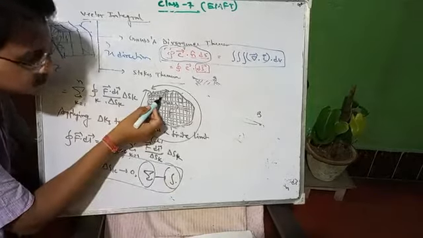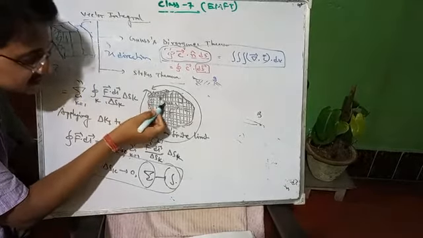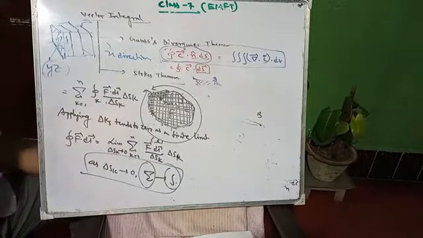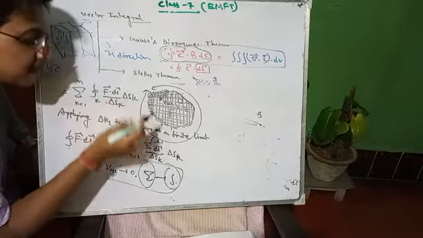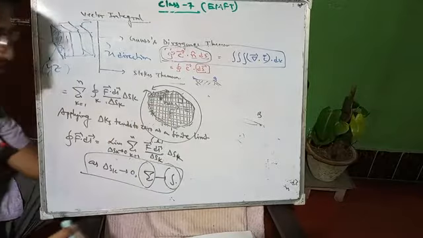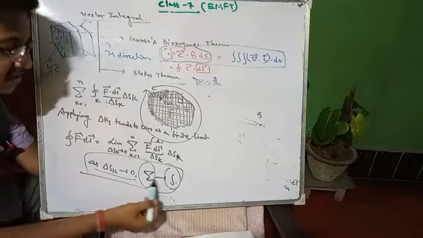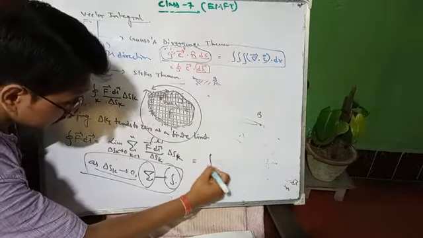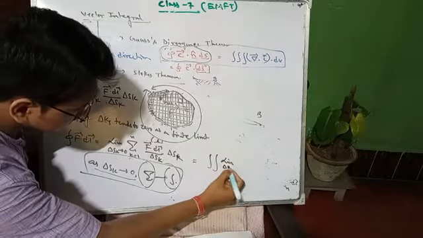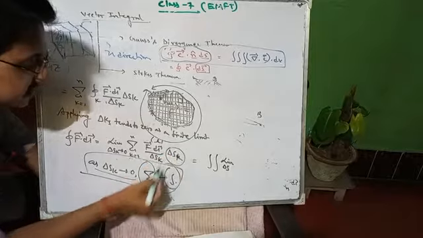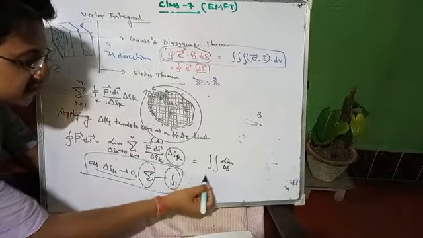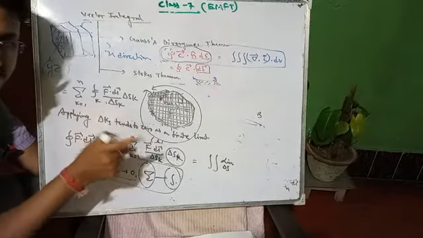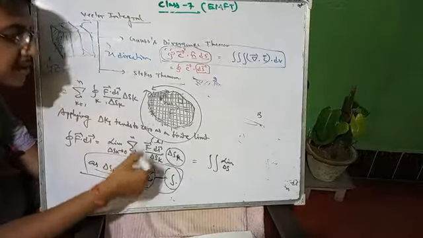If the segments are very small, then the adjacent segments also overlap with each other. Then this continuous addition is the integration. So as del sk tends to 0, the summation becomes integration. The next line will be a double integration with limit del sk. Why double integration? Because del sk is a surface, and it depends on two factors, so the summation becomes a double integration.